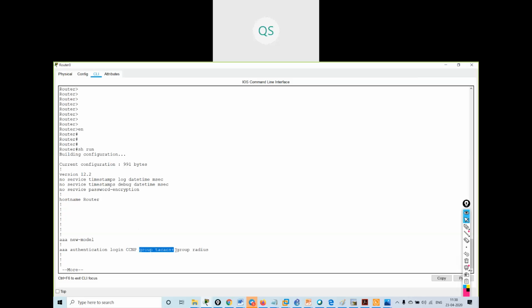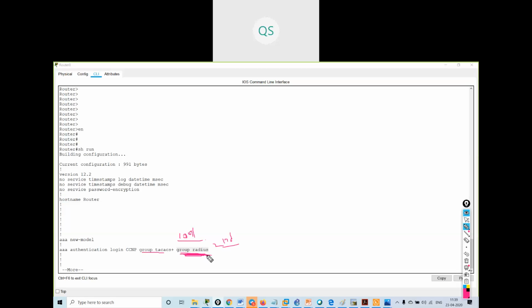then for the secondary server I am creating a group of Radius server. Then the secondary option you have to use is this Radius server. If my TACACS server goes down, then this will be my secondary option. Previously I created a group and the secondary option was local authentication with my admin access. I don't want local authentication now. My secondary option is Radius server.